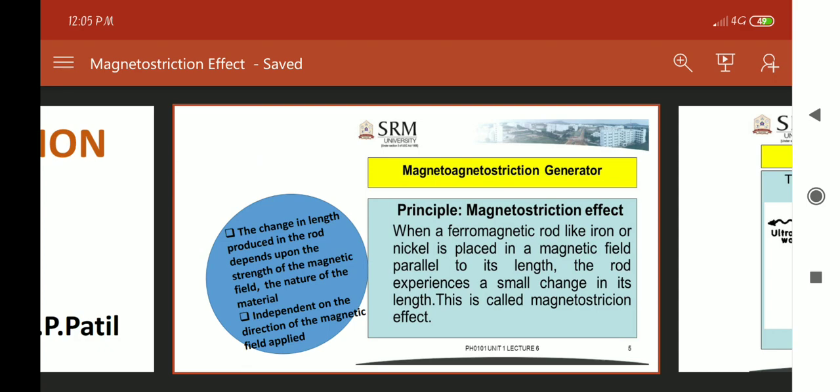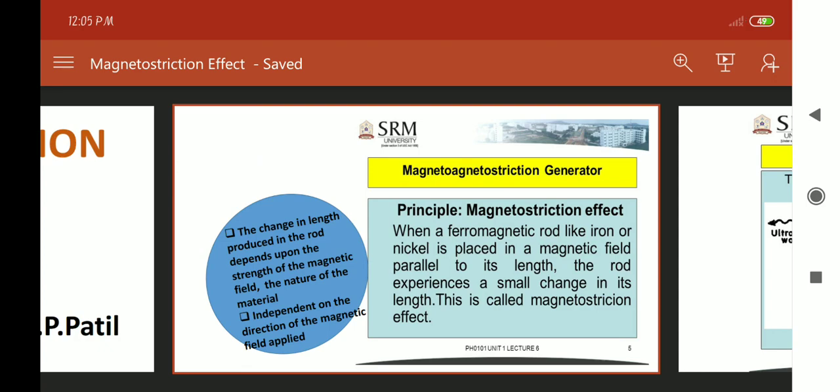The change in length produced in the rod depends on two things. First, it depends on the strength of the magnetic field, and another, it depends on the nature of the material. But it is independent of the direction of the magnetic field applied.